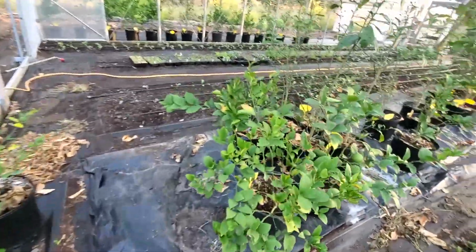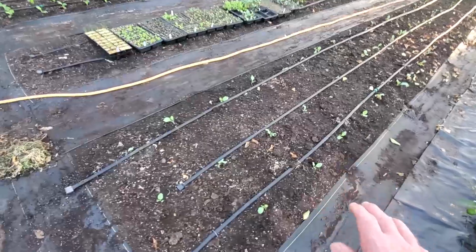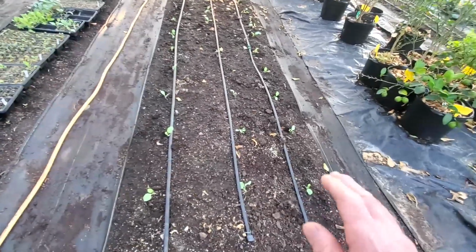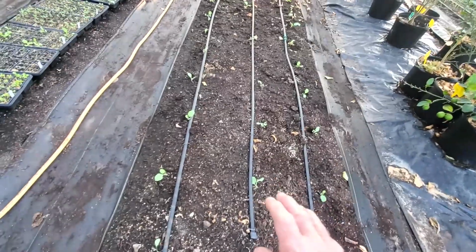All our citrus are doing good. Now we took our squash out here, had powdery mildew. It wasn't giving any type of quality squash, so we took it out. On this end of this row, we planted